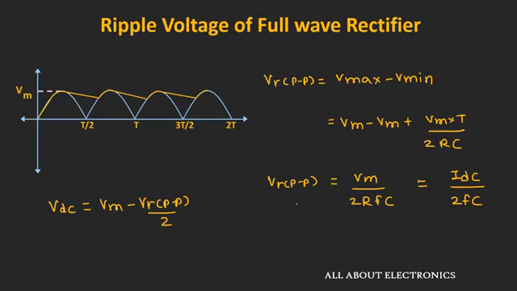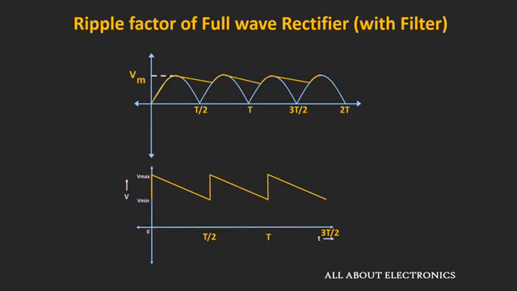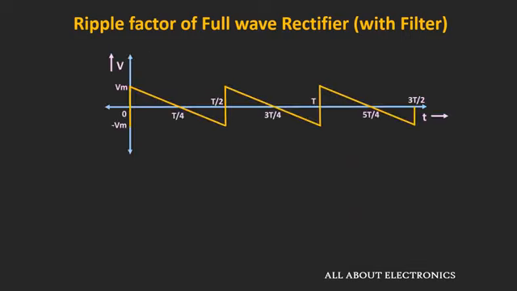So now once we know the value of this peak to peak ripple, then let us find out the ripple factor for this full wave rectifier. And for finding this ripple factor, we need to find the RMS value of this ripple voltage. And for finding this RMS value of the ripple, once again we will use the same assumption. That means the variation in this ripple voltage is the same as the sawtooth waveform. So just by finding the RMS value of the sawtooth waveform, we can find the RMS value of this ripple voltage. And for finding the RMS value of this sawtooth waveform, we will neglect this offset voltage.